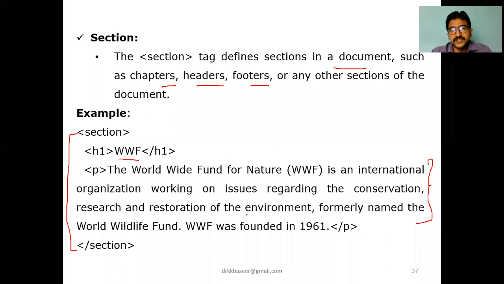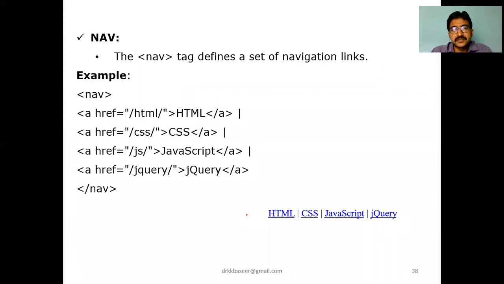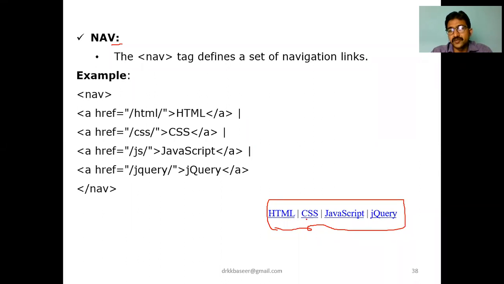Now this is about the section. The second sub-element under the section category is nav, that is navigation. In most pages you will see the output of this: HTML navigating means separating each link with a vertical bar. That is why we use nav. Navigation means it will be displayed in a navigation manner, one after the other, one after the other.